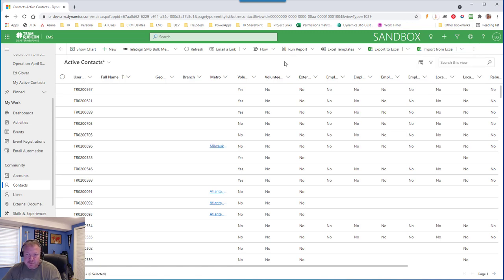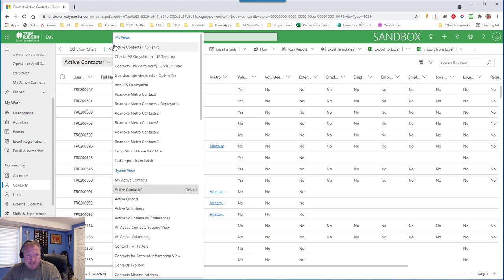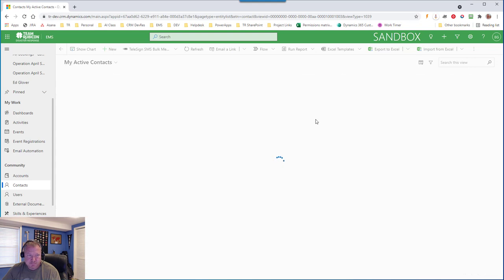Next up in the look and feel updates from Microsoft involves the View Selector. So when you drop this down, in the past you would see a series of icons representing pins, kind of like this one here, that would allow you to designate which of these views you want to set as your default view. Now you see default displayed on the right of the view that you've selected, and in order to change it, you would need to navigate to a different view,